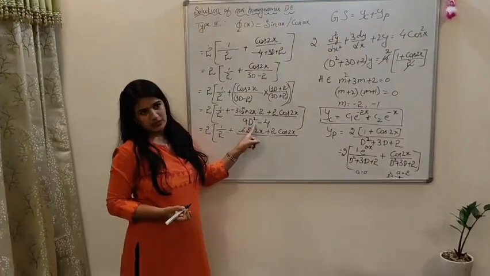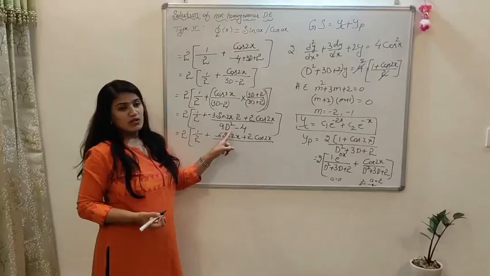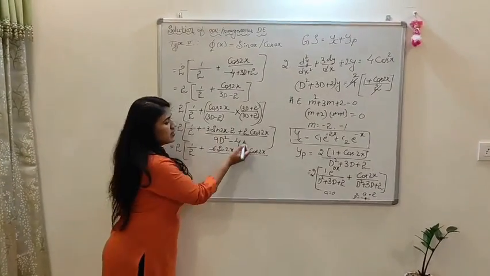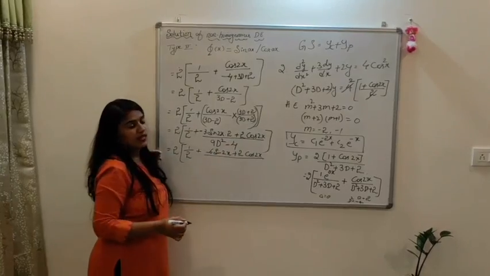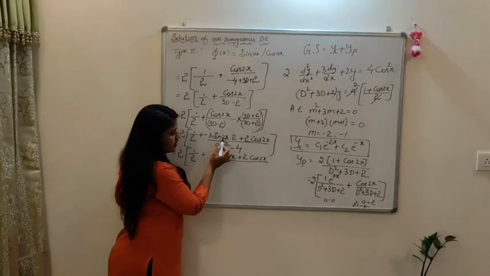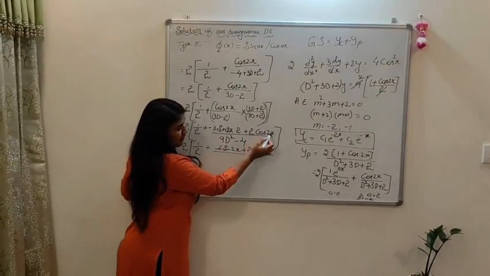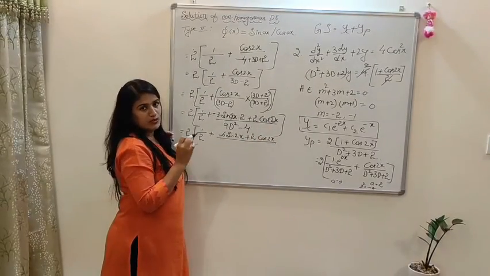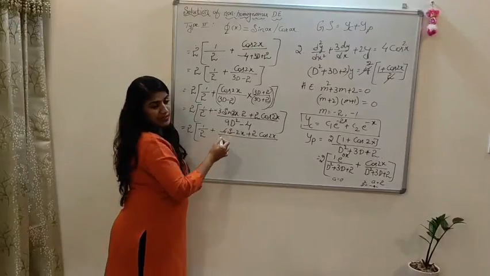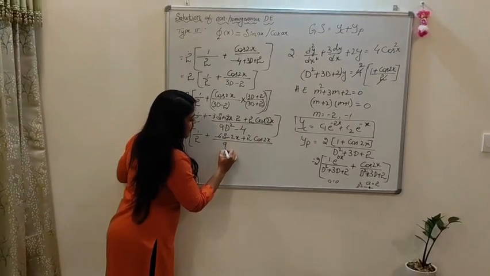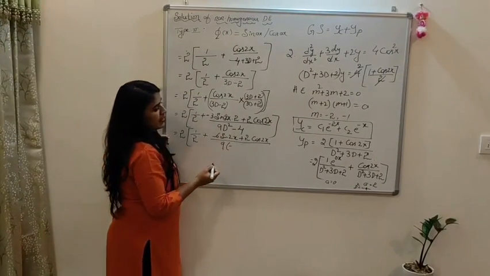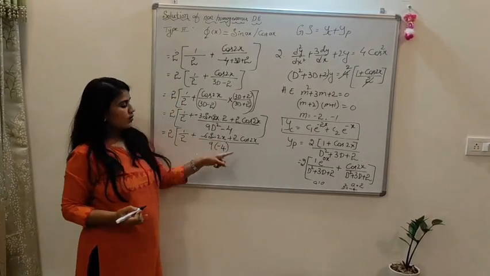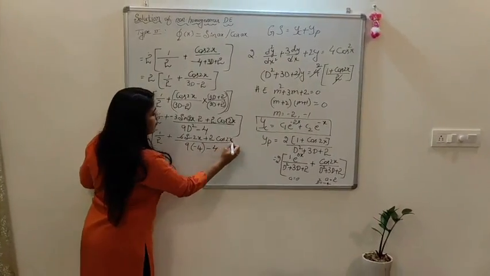Now we are having d square. Okay, according to the working rule, we should replace d square by minus a square. See, here not required to separate the denominator because sin 2x, here also 2 is there. Same way cos 2x, a is 2. Both are having common a, commonly 2, 2. That's what commonly I will take the denominator. So 9 into d square replaced by minus a square. So it is minus of 2 square is 4, minus 4.